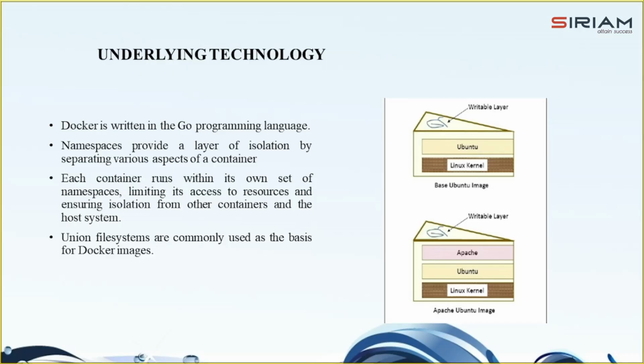Docker employs a union file system approach to create lightweight and efficient images. This involves layering multiple read-only file system layers on top of each other. When a container is launched, Docker combines these layers into a single unified file system, providing a coherent view of the container's file system, right? The easiest way to understand a union file system is to think of it like a layer cake, with each layer baked independently.